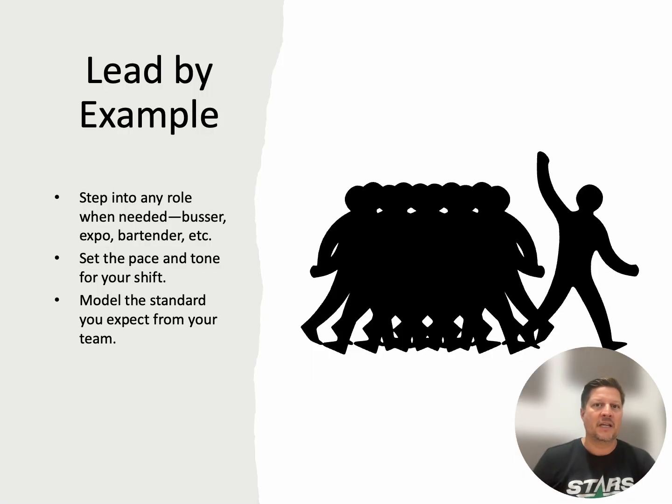All right, so leading by example, super important. Being a utility player, that's what it's called in baseball. A player who can do a few things at the same time or flip flop between a couple of things. So in the restaurant business, we're talking about bussing tables, running expo, making sure food gets out, maybe serving as a bartender for a little bit. But you need to lead by example, be able to step into any role when needed. Again, we know some of you are front of house shift leads, some are back of house, but it's the same idea of being able to step in when needed.